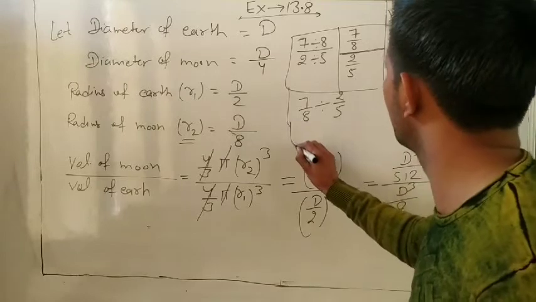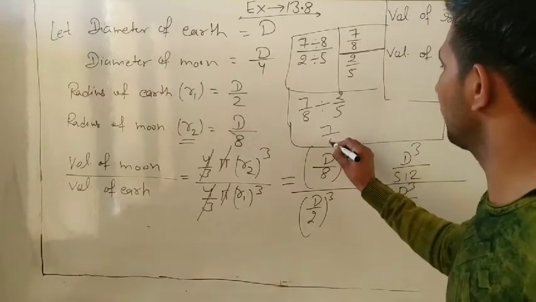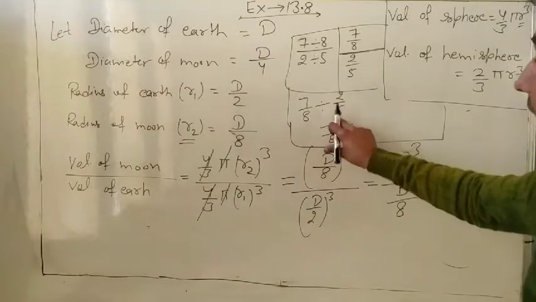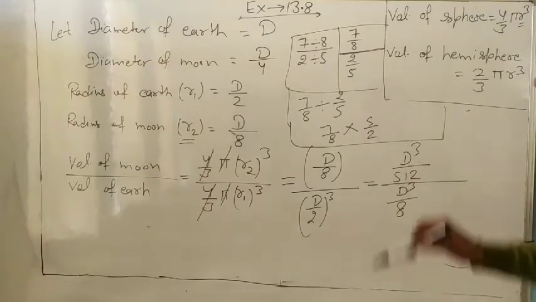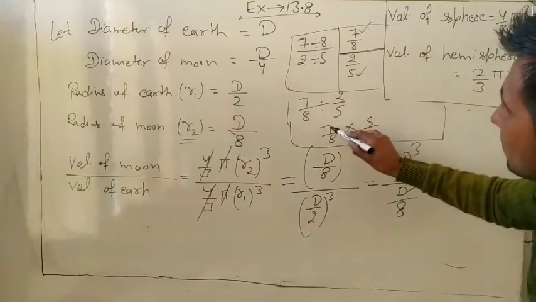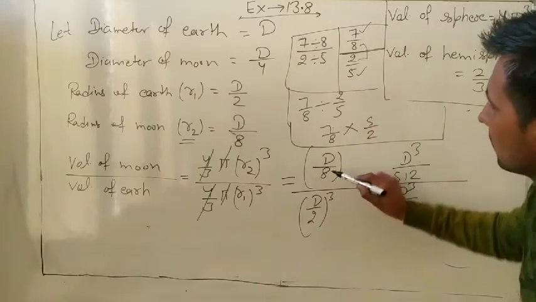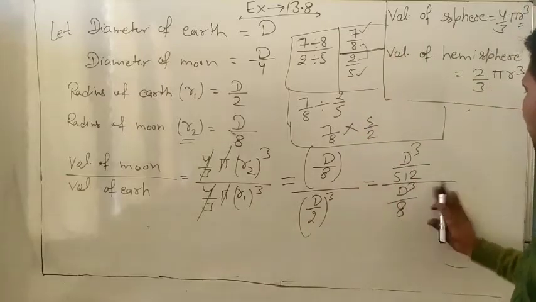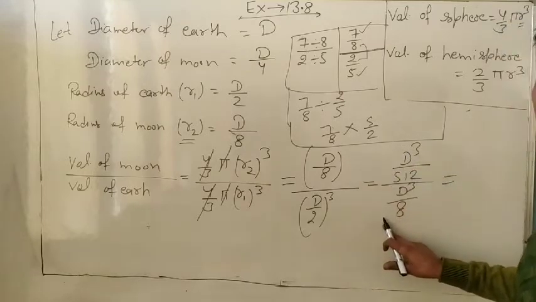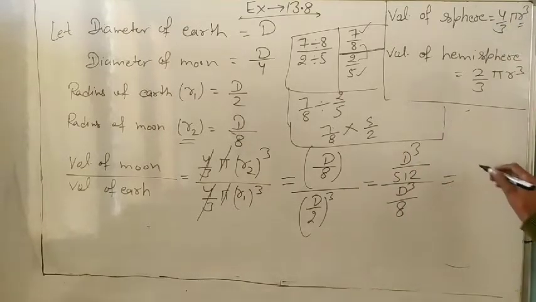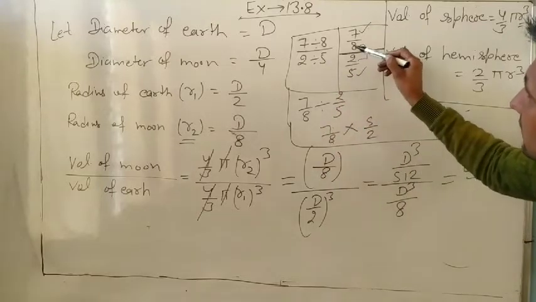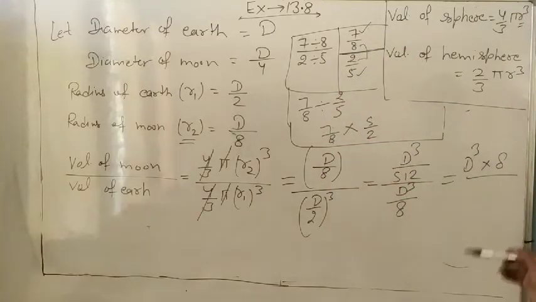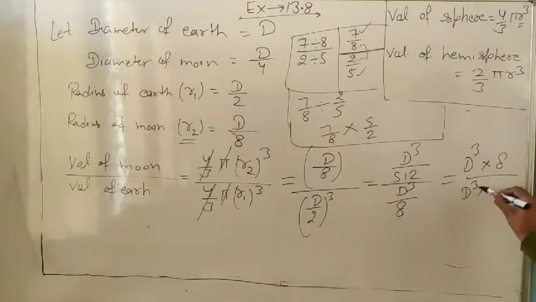So how will we open it? We will solve it: 7 upon 8, and when we change divide into multiplication, numerator becomes denominator. So always we write the reciprocal. Look at 7, first and fourth multiply, 7 into 5, second and third. So always like this, first and fourth multiply, it goes in the numerator. So d cube into 8 and d cube, second and third. Second, 8 into 2. Understand? So d cube into 512.